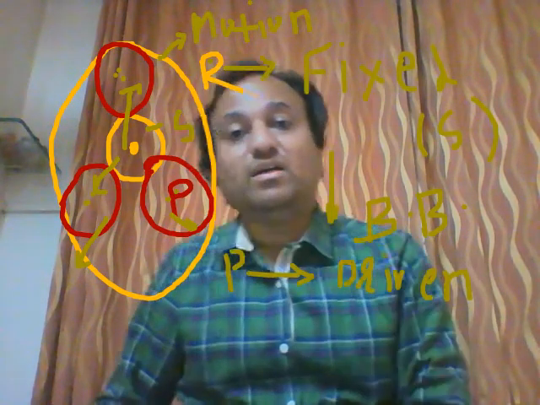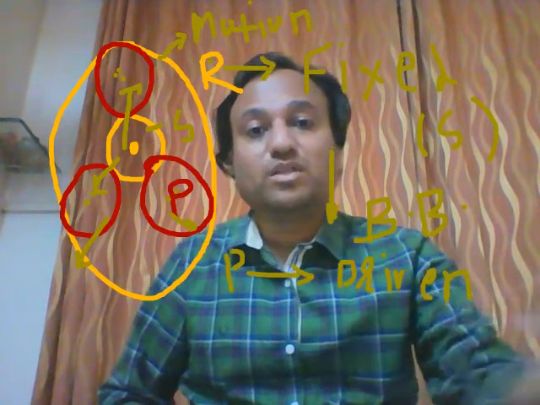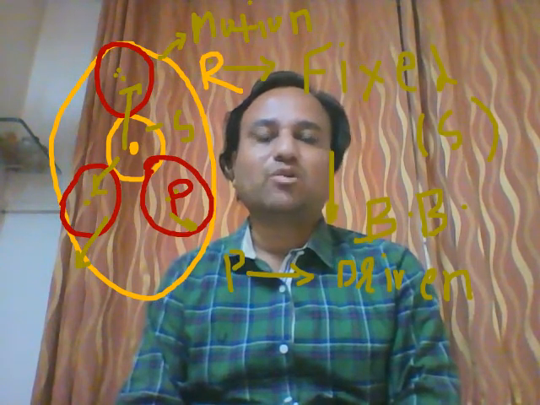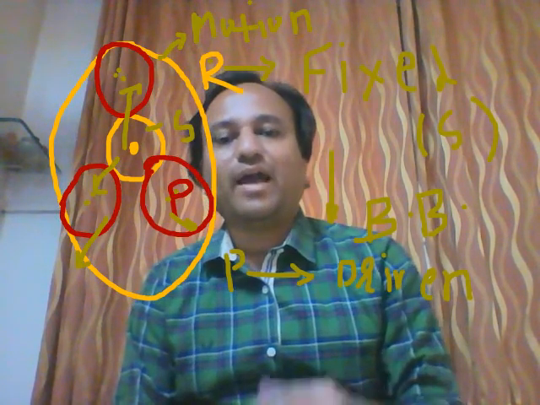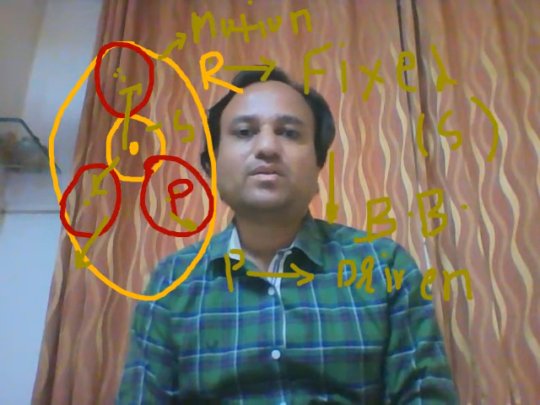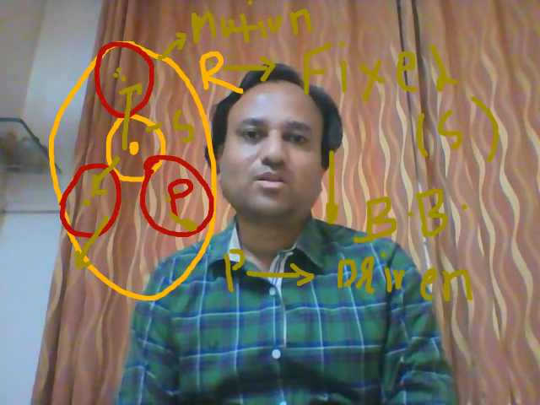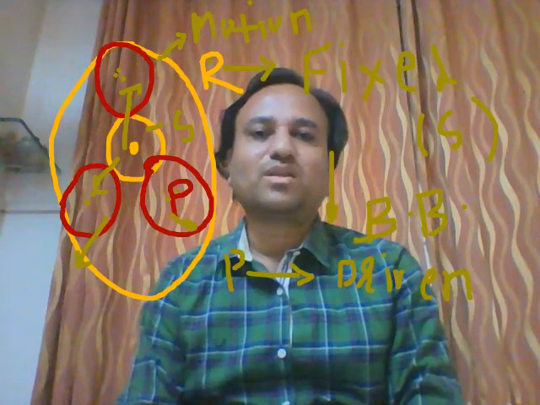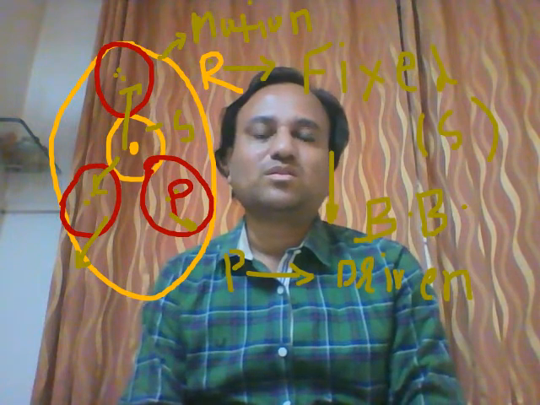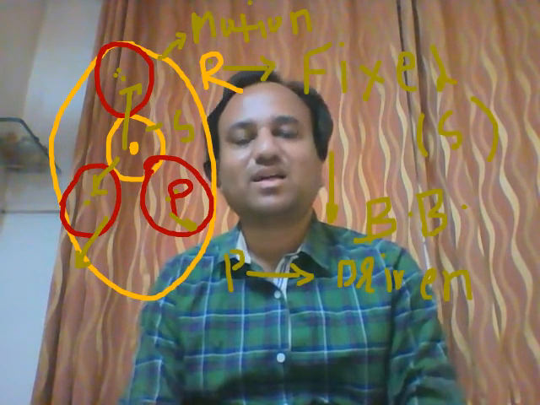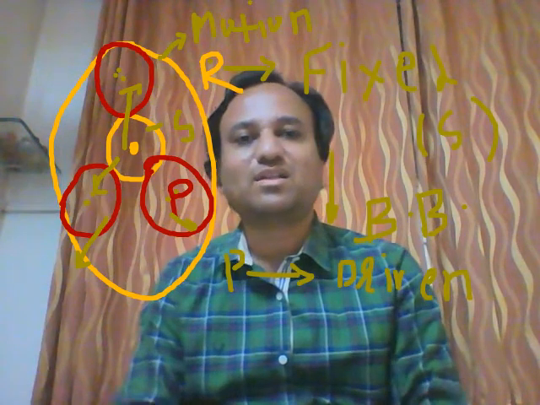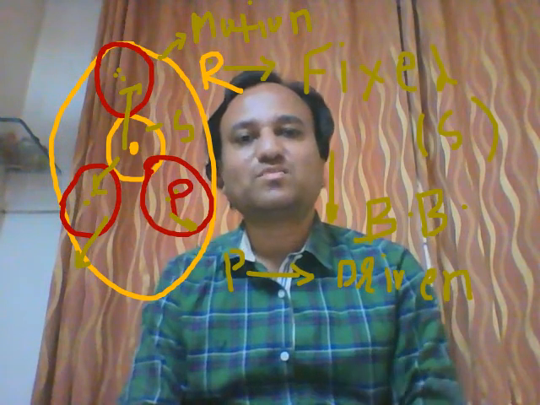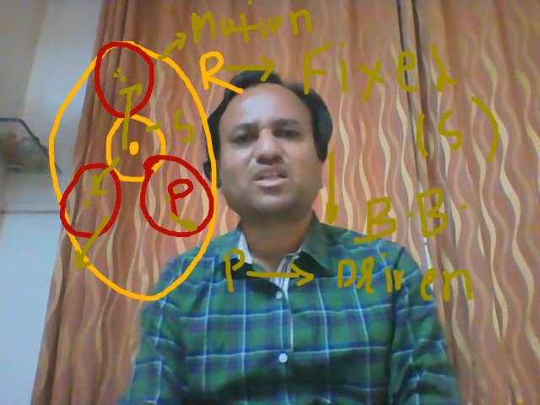So suppose there are 3 sets, then in one set only there will be actuating force exerted by band brake on ring gear. So two setups are idle, you can say that. Suppose first setup is running, then second and third are idle. Suppose second is running, then first and third are idle. If third is running, then first and second are idle. Suppose third setup, 3-speed reduction gearbox, suppose we are discussing.